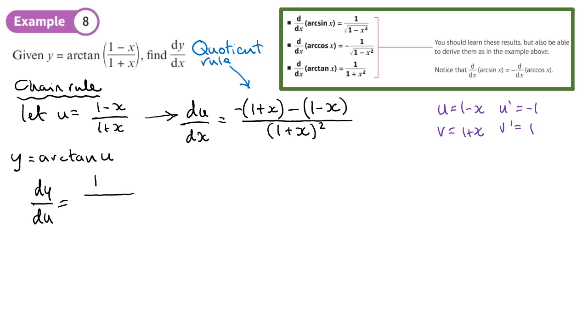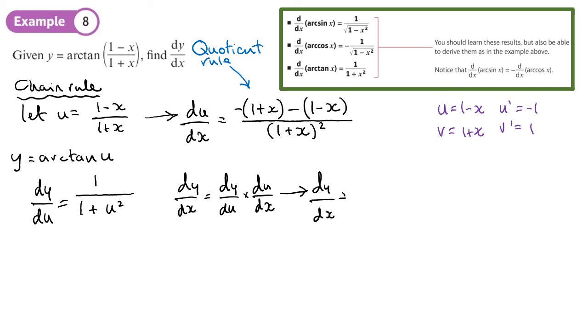We want dy/dx, and that's going to be dy/du times du/dx. So dy/dx is going to be dy/du, which is 1 over 1 plus u squared, and we're going to substitute the u for 1 minus x over 1 plus x all squared, times du/dx, and that's going to be negative,